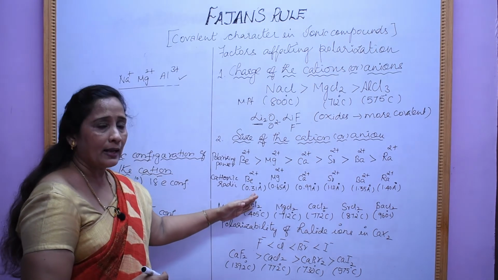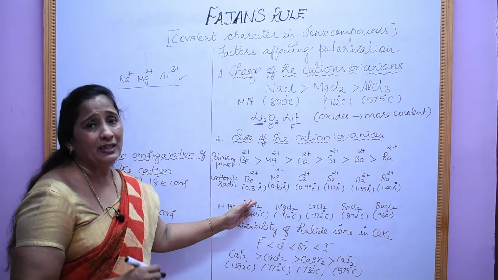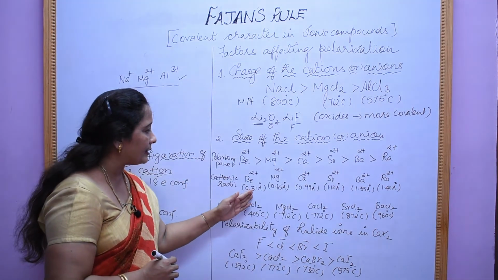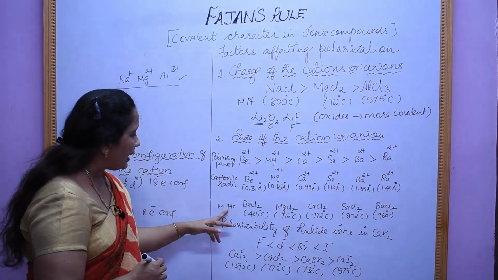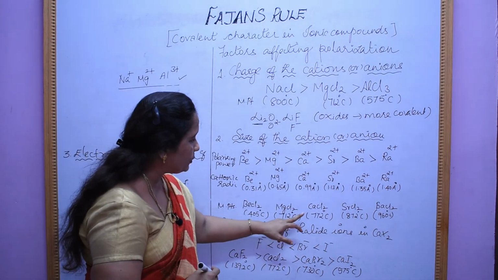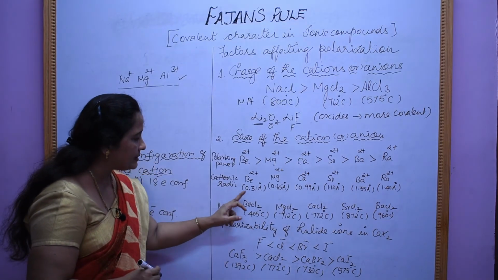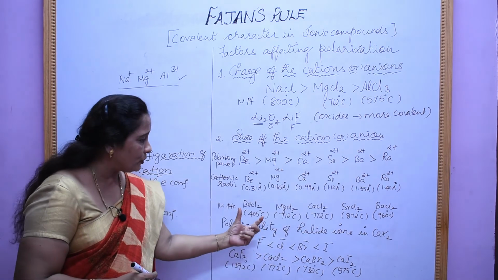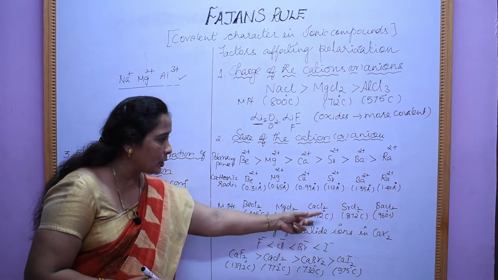Now this covalent nature is proved by their melting points. So melting point is one of the characteristic features for finding out the covalent nature, right? You see the melting points of these chlorides, BeCl2, MgCl2, CaCl2, strontium and barium chloride. Beryllium chloride has a low melting point when compared to other halides. Therefore, we say that BeCl2 is more covalent in nature when compared to the remaining chlorides.